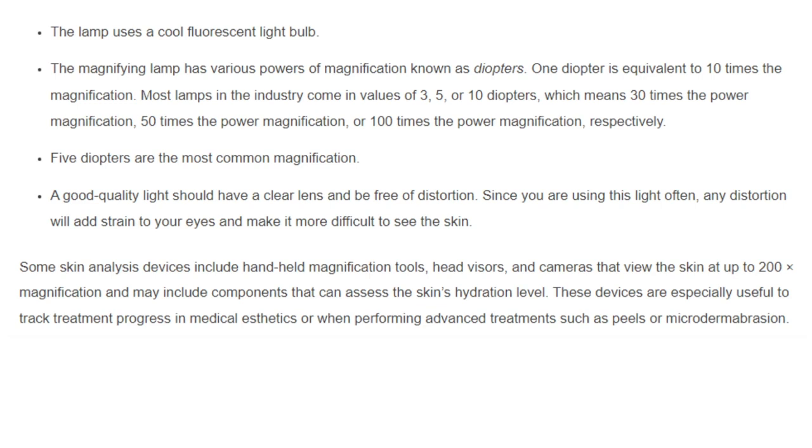Most lamps in the industry come in values of 3, 5, or 10 diopters, which means 30 times the power magnification, 50 times the power magnification, or 100 times the power magnification, respectively. 5 diopters are the most common magnification. A good quality light should have a clear lens and be free of distortion. Since you are using this light often, any distortion will add strain to your eyes and make it more difficult